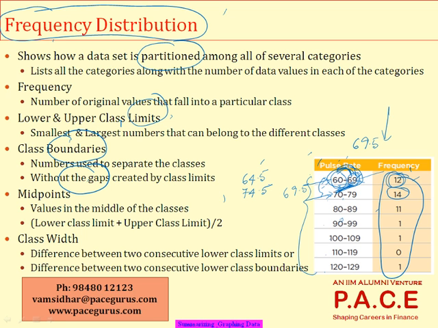This calculation of the midpoints will help us at a later point for doing some calculations relating to the mean and all, which we'll discuss slightly later. But at this point, for every class, we should also require the midpoints of the class, which are a simple average of the limits. Then when I talk about the class width, what is the size of the